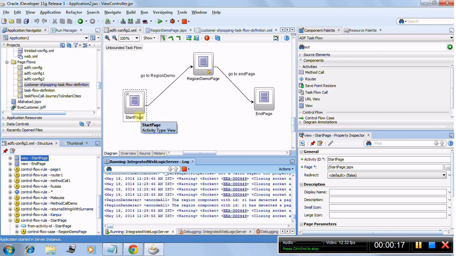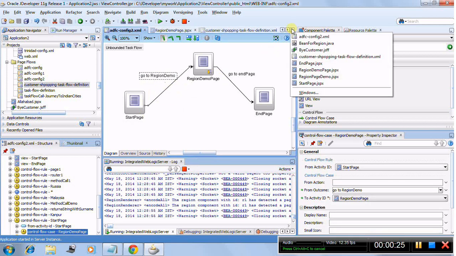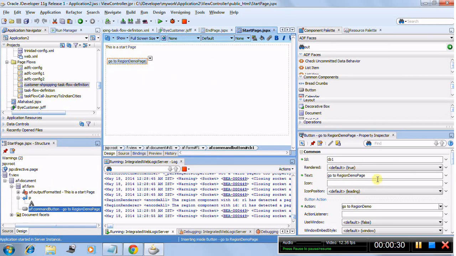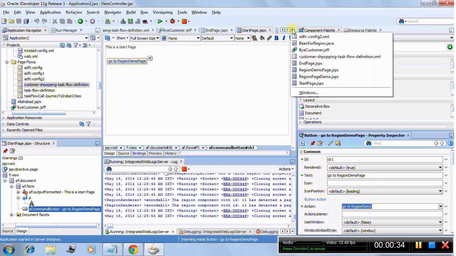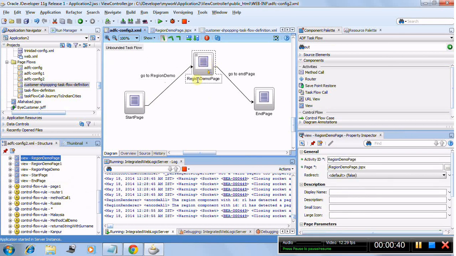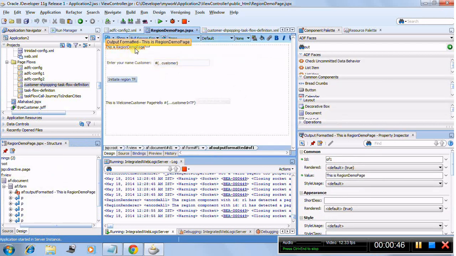Inside this there is a button with which an action is associated, and this is the action. It says go to region demo. Here is your start page, just to show you, and here is this button, and here is this related action, go to region demo. Go to region demo will redirect to this page. This is a region demo page, and here